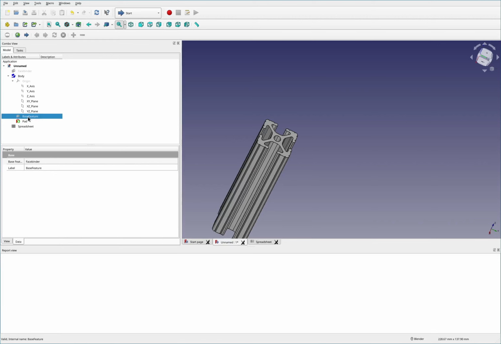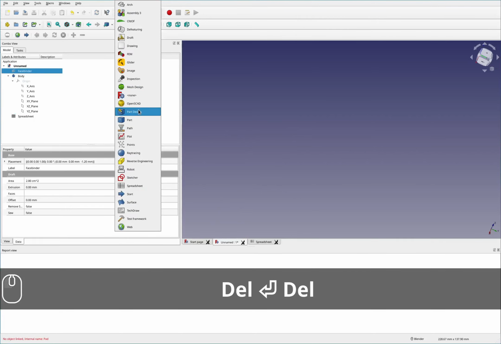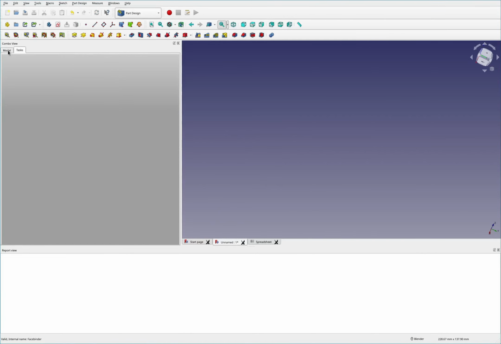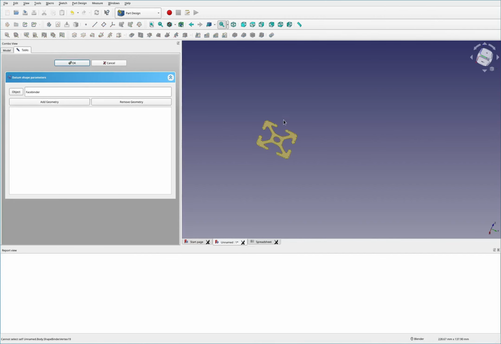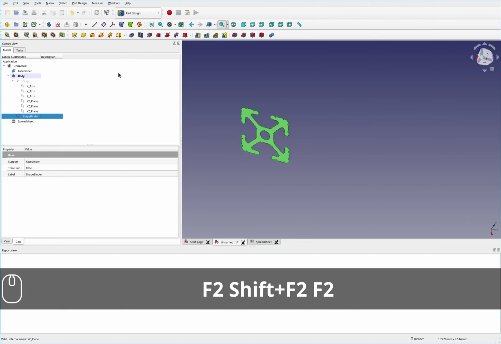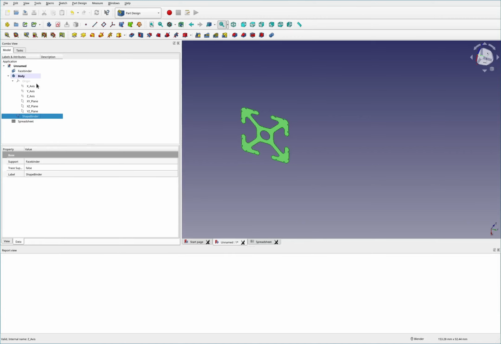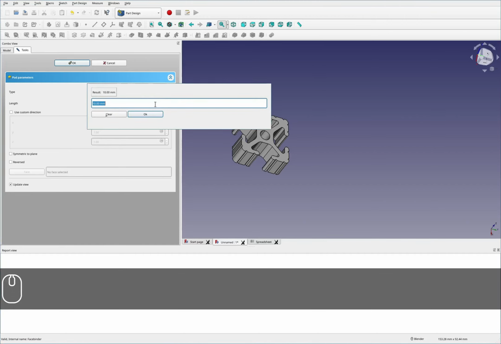So get rid of the base feature, get rid of the pad, face binder. We are going to be referencing using a blue binder here, and I'm using the blue binder so that it doesn't update. There's not really any particular reason for this, but the blue one seems to work. I suspect the green one would be identical. And if you don't know what the difference between the blue and green part design face binder is, there's not much difference. It's very small. It's just whether your part